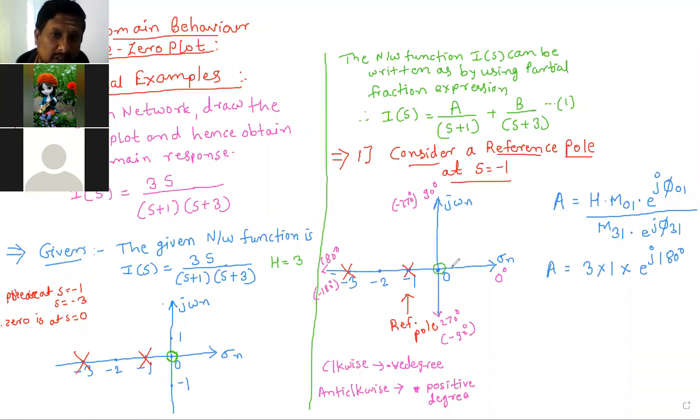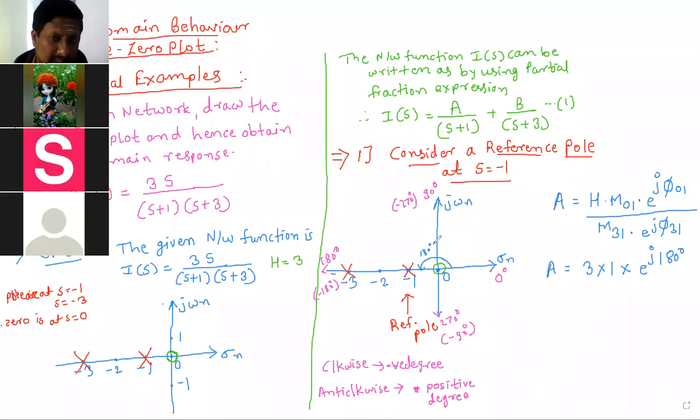म्हणजे 0 पासून हा जो अँगल आहे 0 पासून विथ रिस्पेक्ट टू 0 डिग्री, 0 पासून पोल पर्यंतचा अँगल किती झाला? टोटल 180 डिग्री. बरोबर की नाही? यू आर मुव्हिंग अँटी क्लॉकवाइज ना. So that is 180 degree. So 180 degree we have written here. Next,